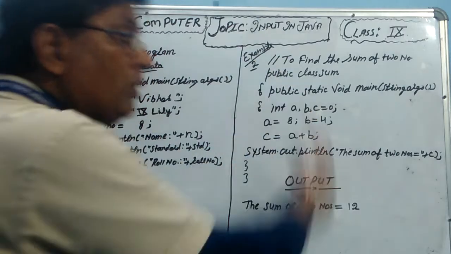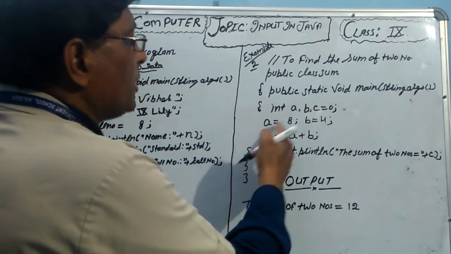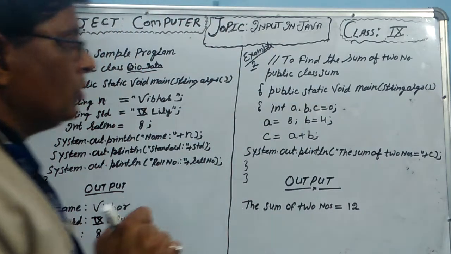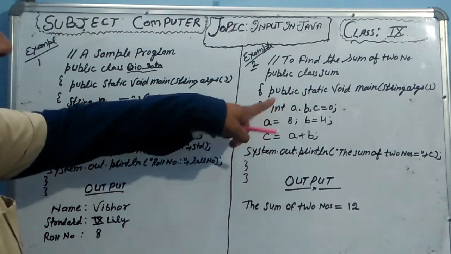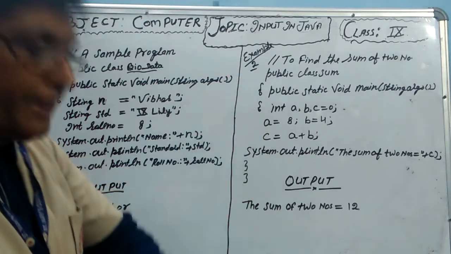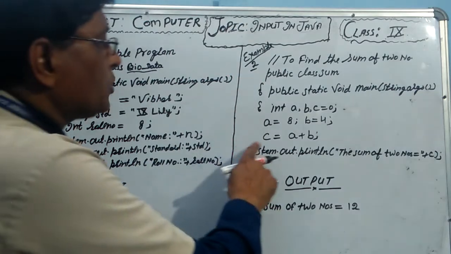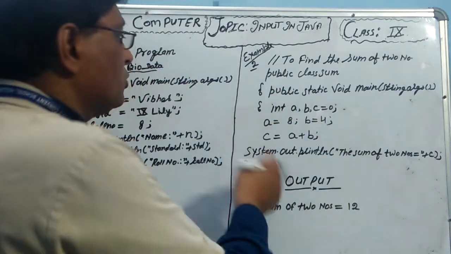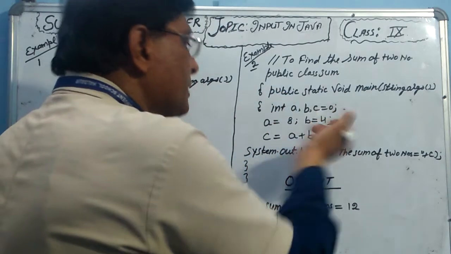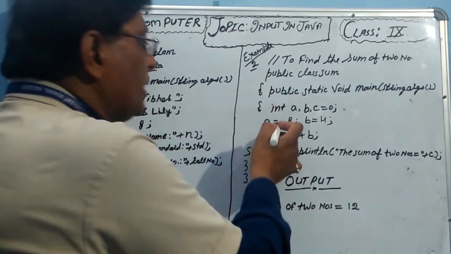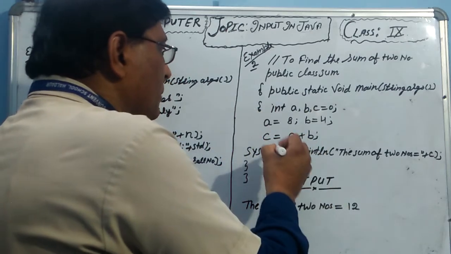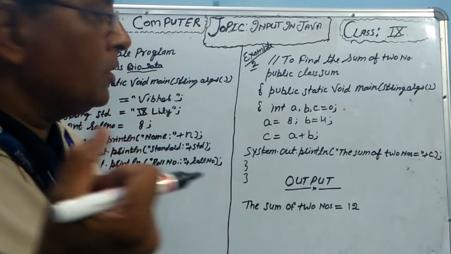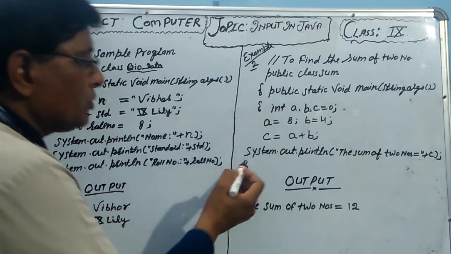Now we will give the values: the value of a is 8, and semicolon, then the value of b is 4. We have given the values and defined the data. Now we have to add, so we use another variable c, because we have to store the values of a and b into c. So c is equal to a plus b and then semicolon. You have to give the values, define the variables and give the formula. Now we have to take the output. So how will you take the output? You will use the